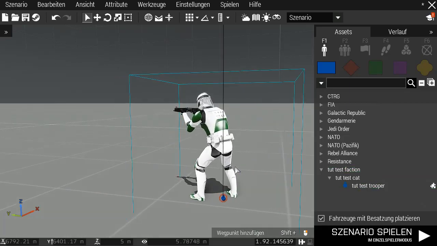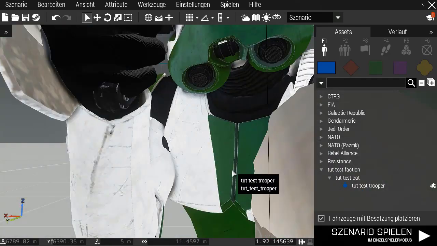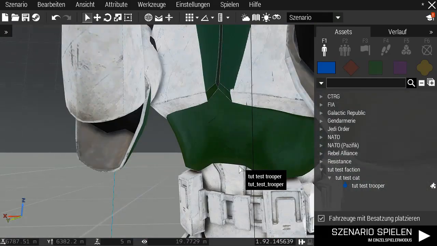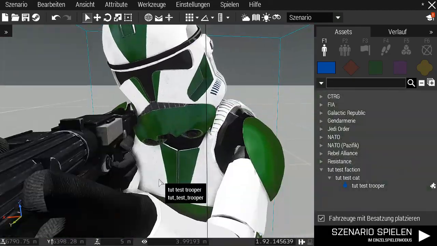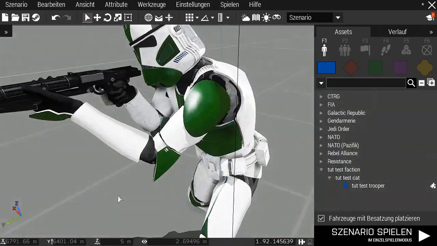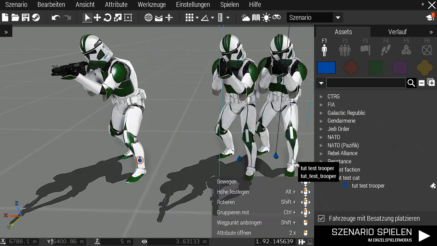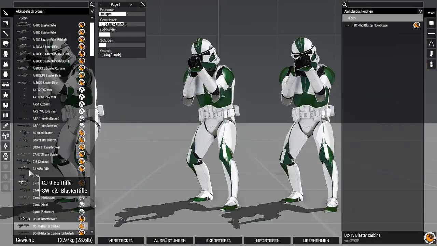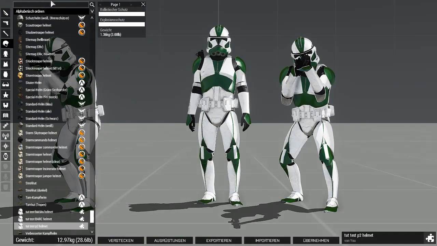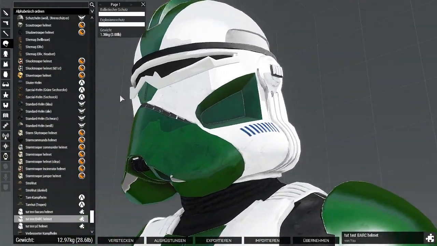And once we load them in, here he is with the texture that we just made, and also with the gun that is standard in here. Now we could instantly play as him, but I want to copy him 2 times and go into the arsenal,